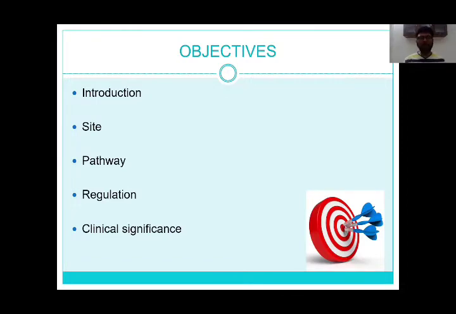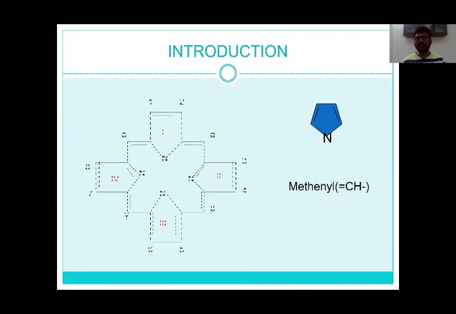Okay, so not only heme synthesis, for any metabolic pathway, it is good to explain under these headings. So first we have to start with a brief introduction about heme. Heme is nothing but a porphyrin ring, which in turn is a tetrapyrrole structure. So this is the pyrrole ring. Tetrapyrrole means when four such pyrrole rings are joined together by methynyl bridge, that means CH bridge, it forms a